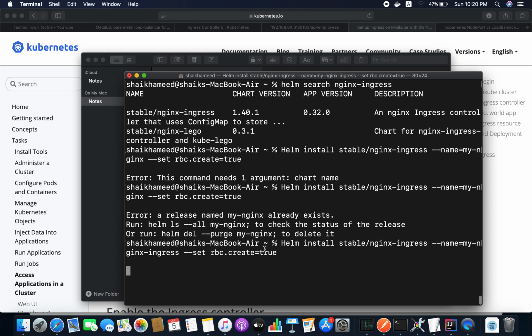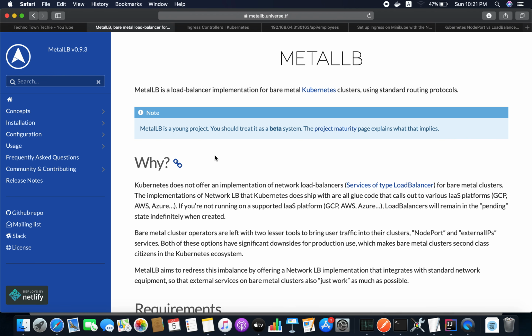If you are deploying your service in a cloud environment like AWS or Google Cloud Platform, they will provide their own load balancers, like ELB for AWS. If you are working locally with Minikube, you have to define some load balancer. So I'm going to use the MetalLB load balancer here. MetalLB is a load balancer implementation for bare metal Kubernetes clusters using standard routing protocols.